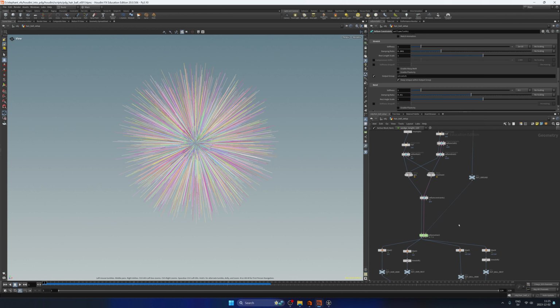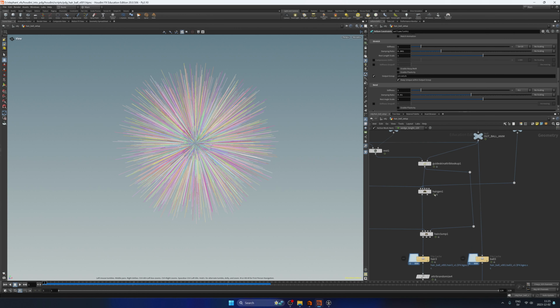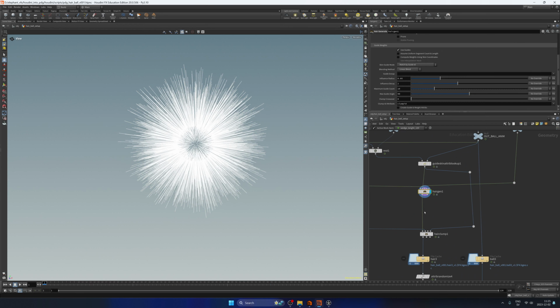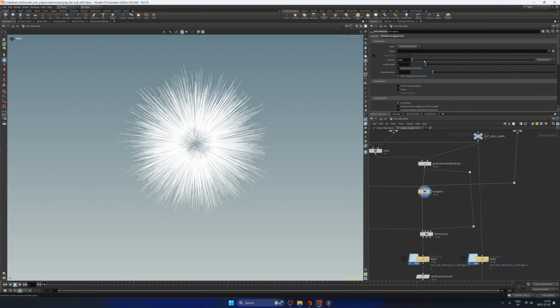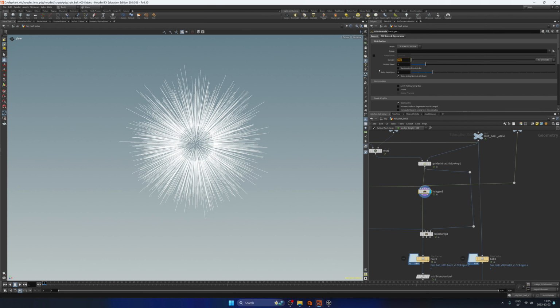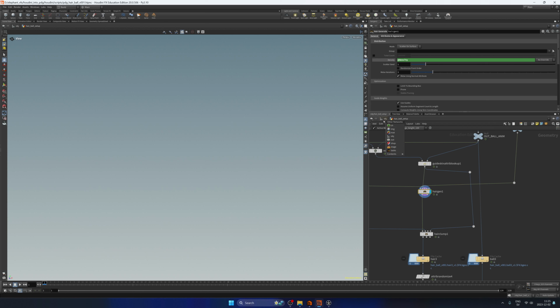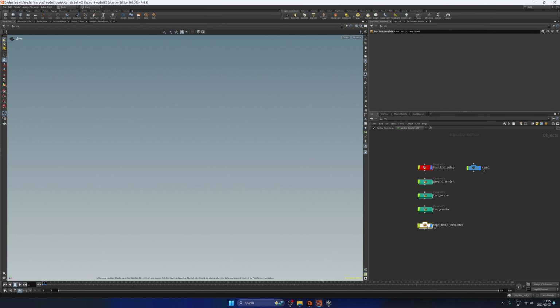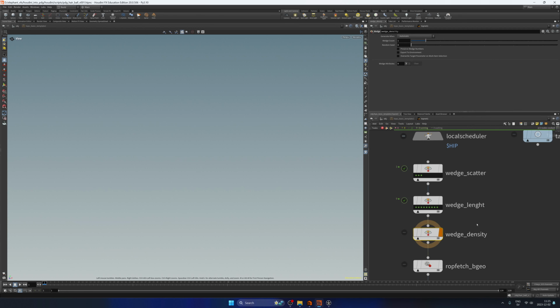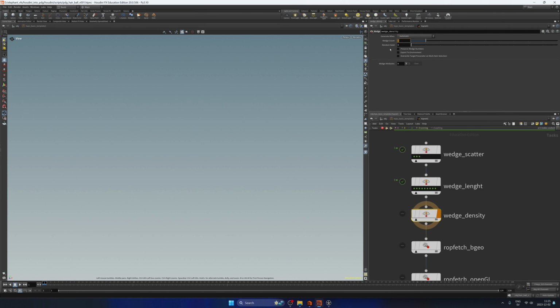But yeah, I'm not wedging any of the simulation. What I'm wedging, again, is the hair generation. So in the hair generation, we have the density here, right? So let's set this one to density. Let's go back to TOPS, and let's call this one wedge density. Let's add maybe like 5 different wedges. Let's call it density. We can just do float, and we can do something